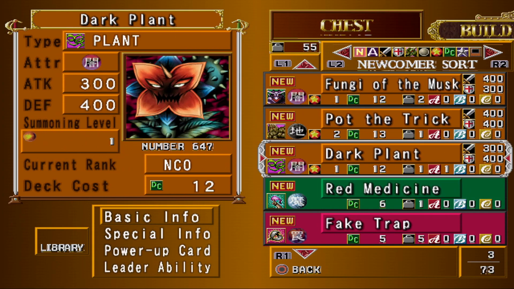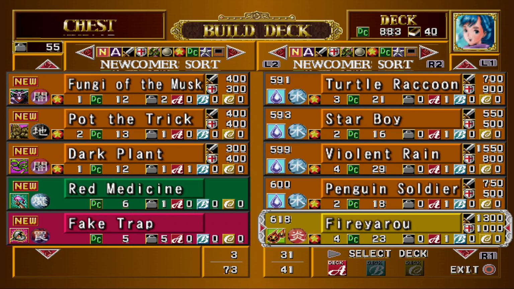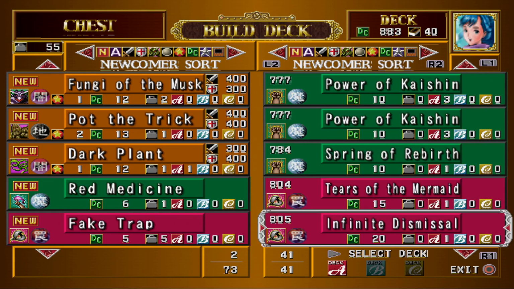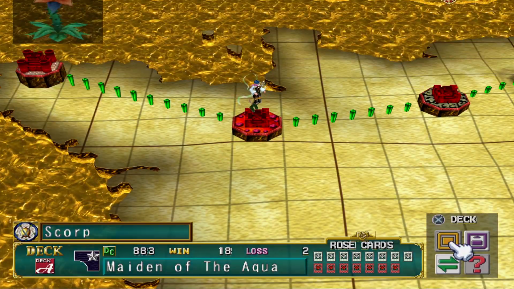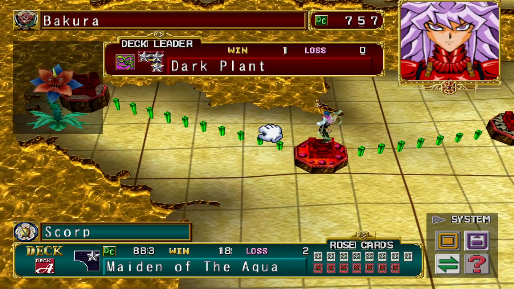I don't think I need another Dark Plant. I don't need more removal like that. I mean, I could always use more, but our deck just feels so bad. And I don't feel like it would help. So, Pot the Trick, since we don't have a lot of dragons and thunders yet, or we're not going that direction, it's not that great, so not my first choice, but it's there if we want it. Pot the Trick's not a bad card,